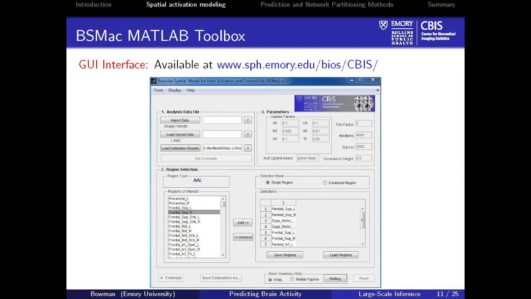So just to briefly show you the software, if any of you are interested in using the software or downloading some free data and trying it out. I'm not going to go through this in detail, but this shows you the basic interface. And essentially, you can read in data from various types of imaging file formats, or if you've already read them in, the reading in itself takes some time, so if you have already read them in, you can just load in the previously loaded data. And then you set your contrast of interest.